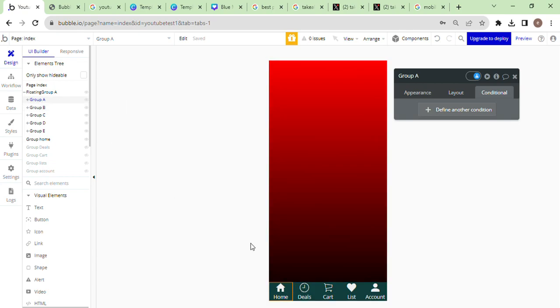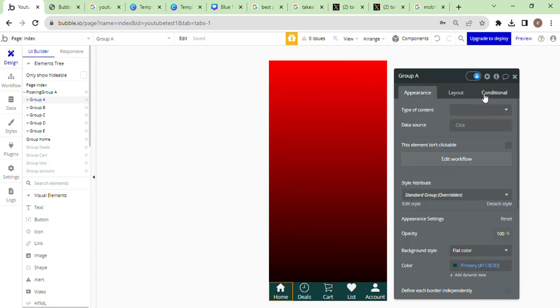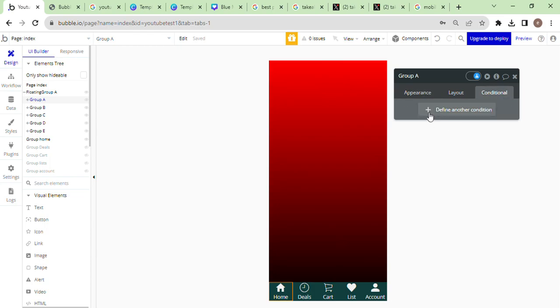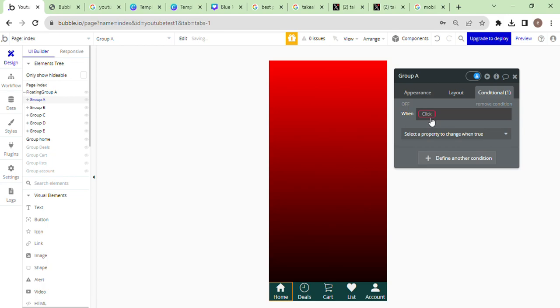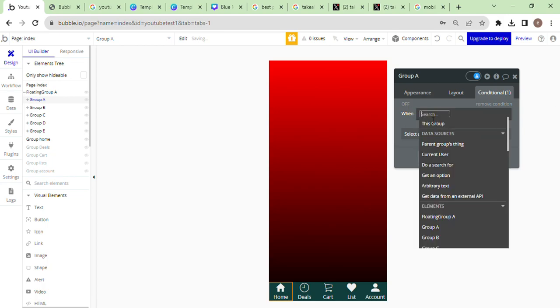So I'm going to say when this, which is the home group, this one which is red, is visible, the background of this group, which is group A, which is the icon and the name home, should have a different background. So to do that, I'll simply need to go to conditional, then select